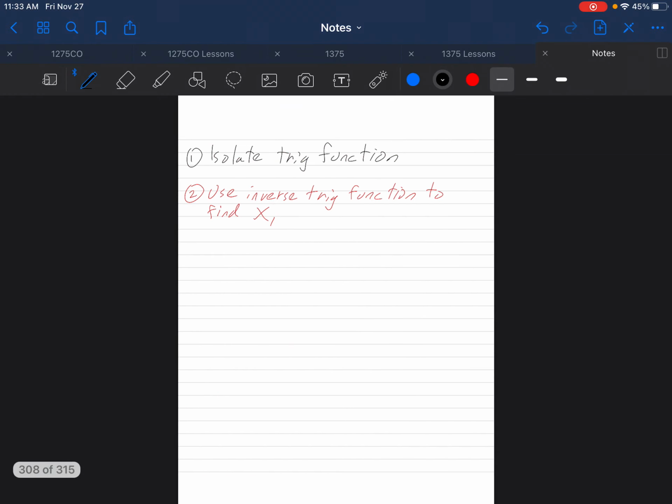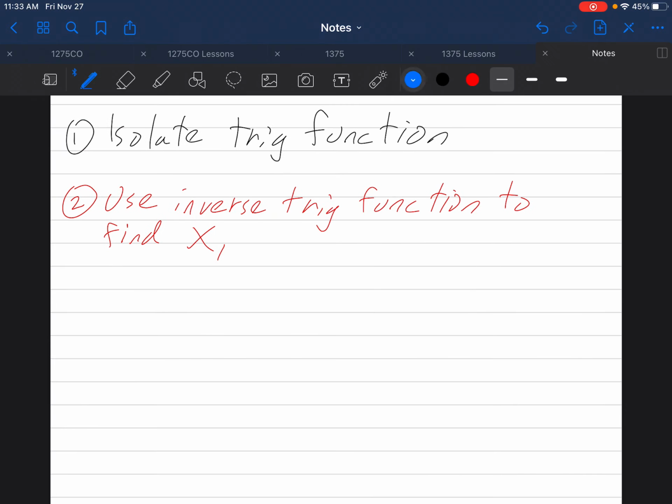So I didn't finish those steps, right? Use the inverse trig function to find x. And then the third step is to find alternate answers,